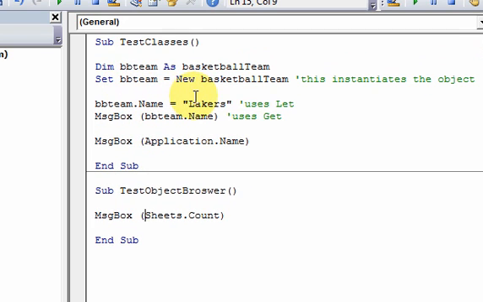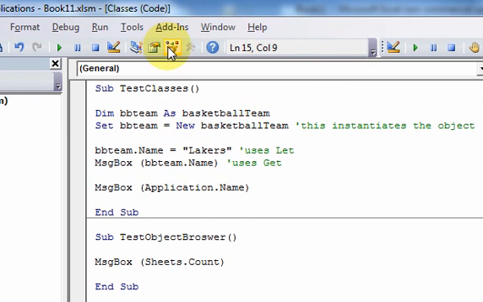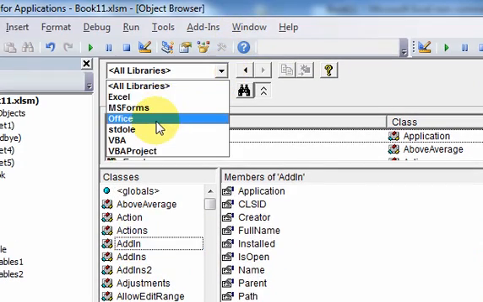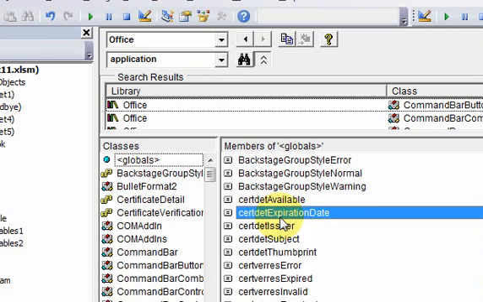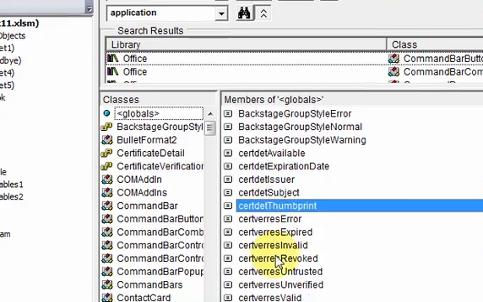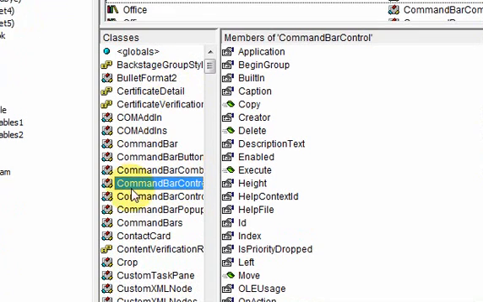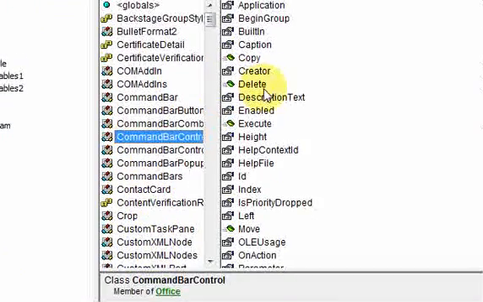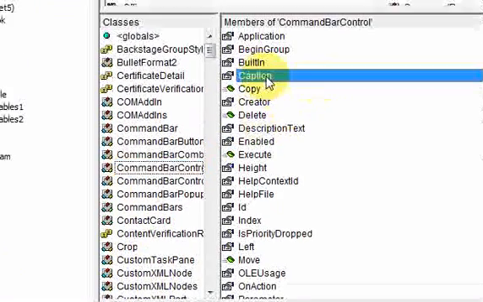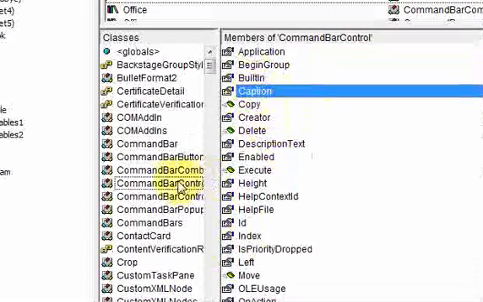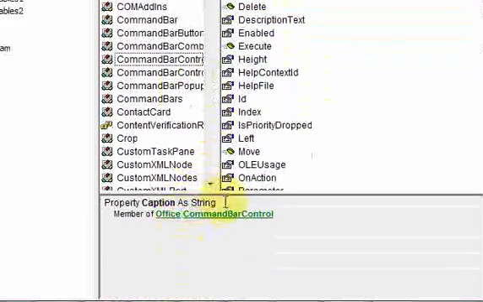I would encourage you to go to the object browser and just search through these libraries and see what's in them. Most things you're going to have no idea, but you're just going to get a feel for what VBA is. It's a language that's composed of classes and members in the class. And here you see, like, this member caption in this class here is a string. It's a primitive data type. But other properties,